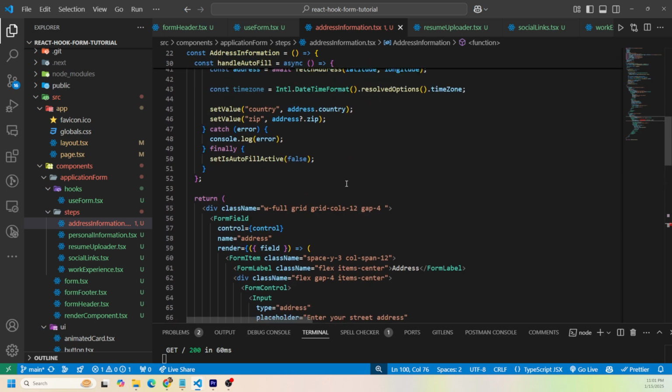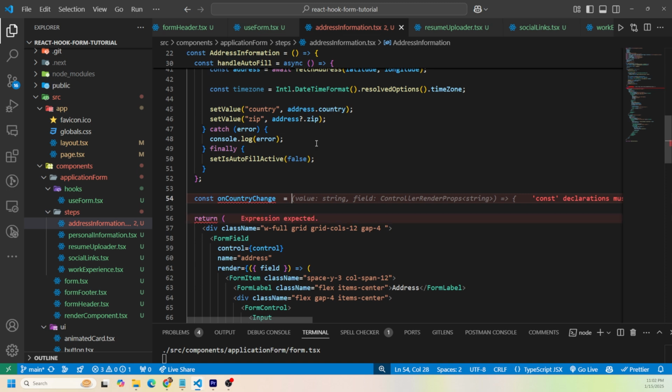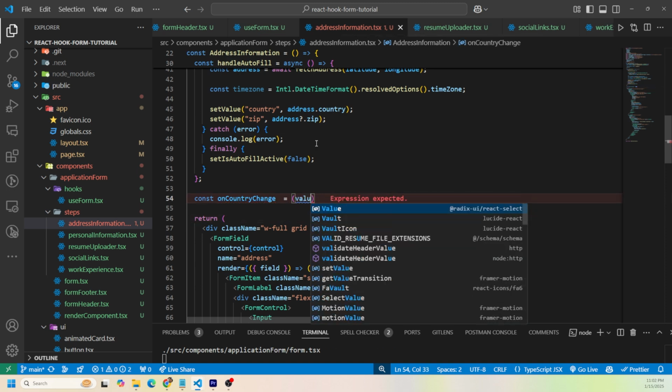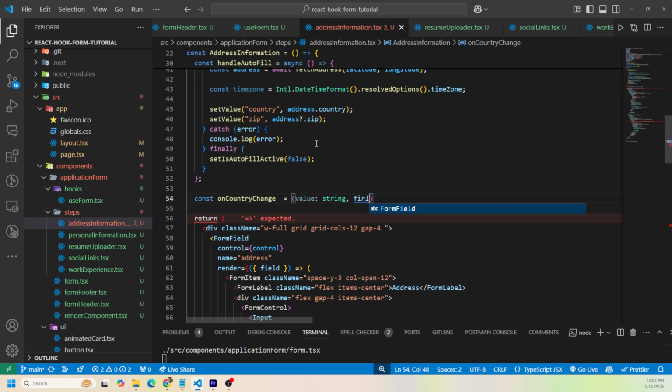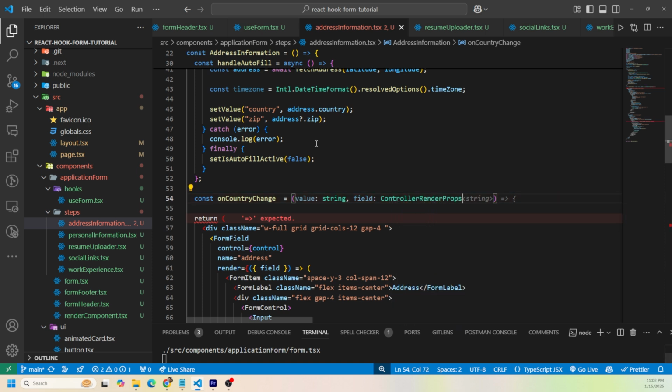So let's create this on country change at the top. So const onCountryChange. And what this is going to take in, it's going to take in the two props that we just passed in, which is going to be the value, which is a string, and it's going to take in the field. So it's going to be the key that we're looking at, and it's going to be of type ControllerRenderProps. And then we could do form schema type, comma, and then this first one is going to be country. We're looking at and dealing with the country field key. So that's why we're just going to use that and make sure it is type checked